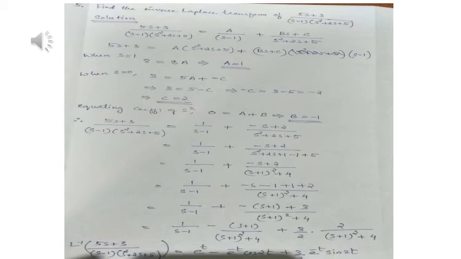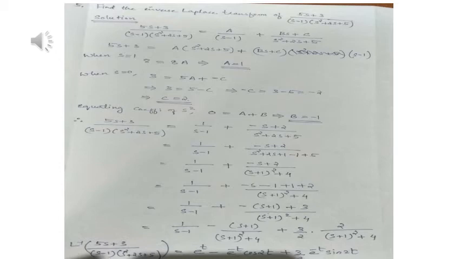Now concentrating on the second fraction, that is (-s + 2)/(s² + 2s + 5). See, here also it is a quadratic expression, s² + 2s + 5, so we can make this a perfect square. That is, when we think about (a + b) the whole square, that is a² + 2ab + b², so instead of 2ab, it is 2s, that is b = 1. So add a 1 and subtract a 1. So that gives (-s + 2)/((s + 1)² + 4).